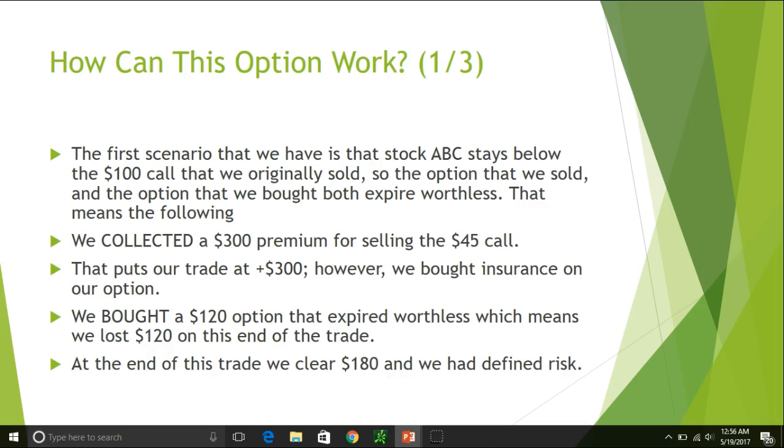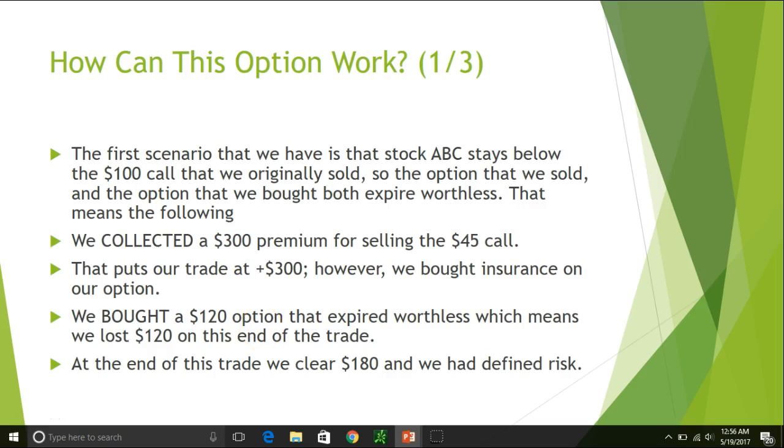But since we don't want to be worried about undefined risk and infinite risk and all of these terrible things that could happen if the stock did take off, remember, we bought, and I'm sorry, it's harder to find your mouse in white than I gave it credit for originally. So we bought a $120 option that expired worthless, which means that we lost 120 on that end of the